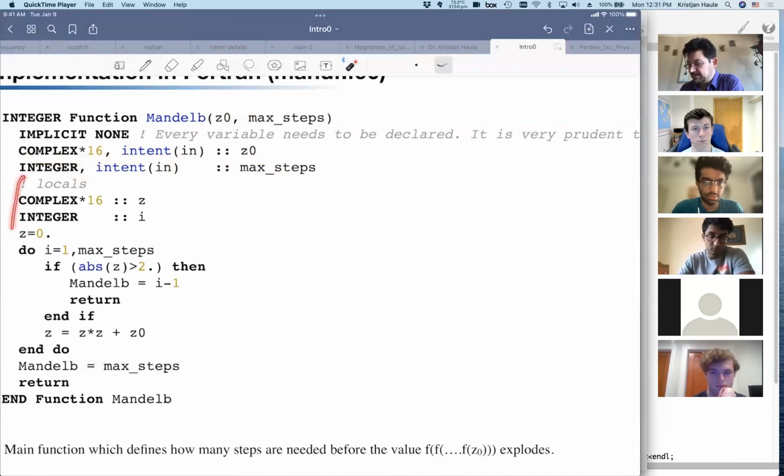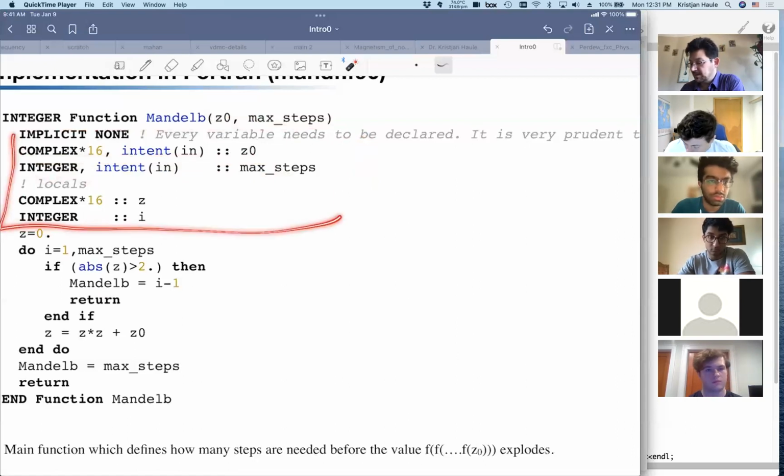And then after that, we need to define local variables. So again, Fortran requires all variables to be defined at the beginning of the code. Now, this